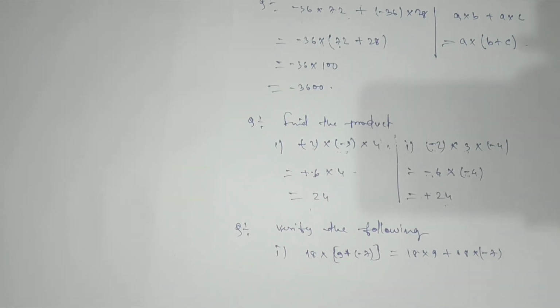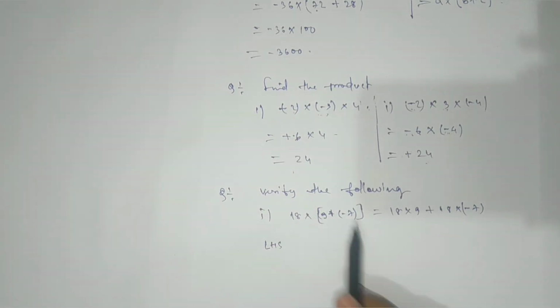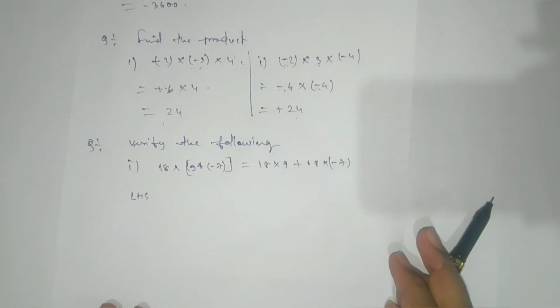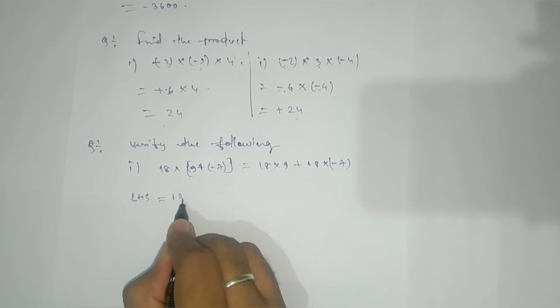So what rule are we going to apply here? By a simple rule we're going to see, that means we'll take here LHS, that means left hand side. This is your left hand side and this is your right hand side. So we'll take left hand side first. So 18 into,